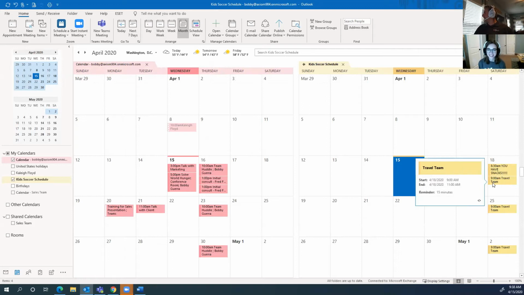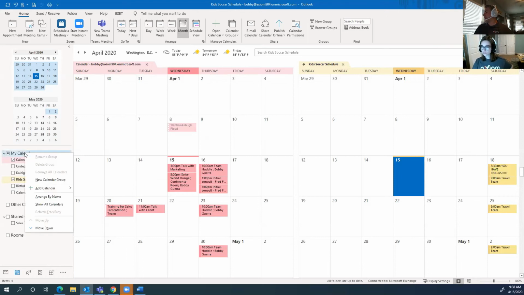So here is the calendar schedule, right? So you have your travel team. The kids are going there. They're all stars. Of course, any of your kids, because they have my blood, they're going to be amazing at anything they do. And this is the schedule that they're going to be playing their games on, right? Now, this is your work schedule, right? So the work schedule, and maybe you have your work calendar shared out to people in the organization, but you don't want them to see your kids' travel team calendar. Right? So what you would do is you would just create a new calendar, and then when you do that, then you would put everything in here, and you can do that by just saying, new calendar right here.